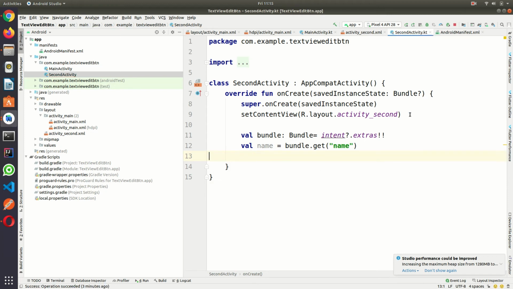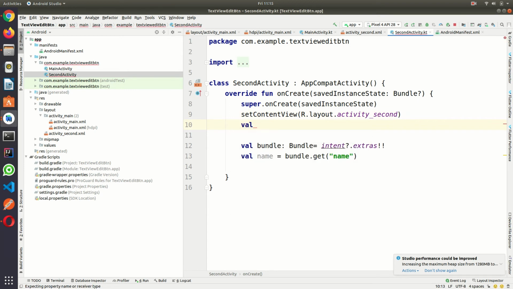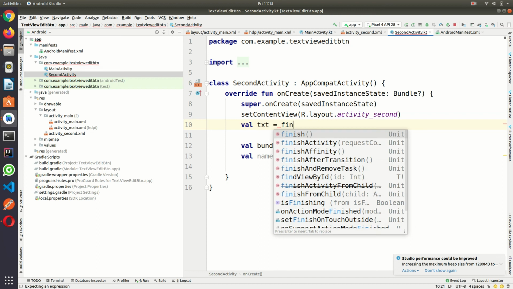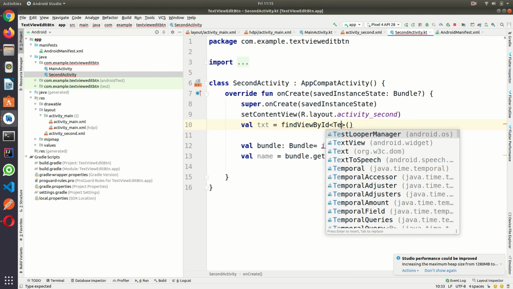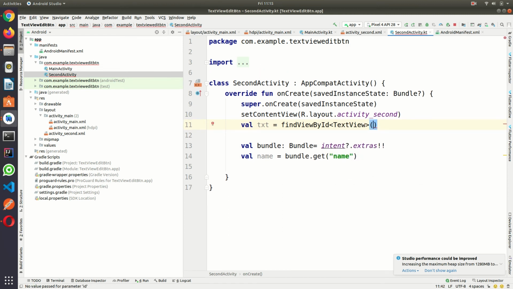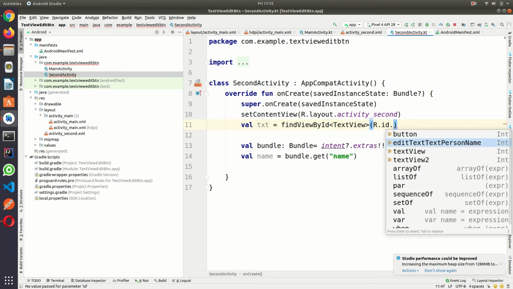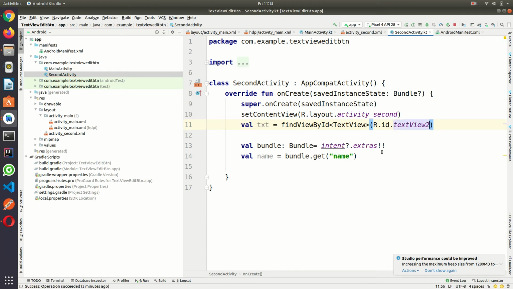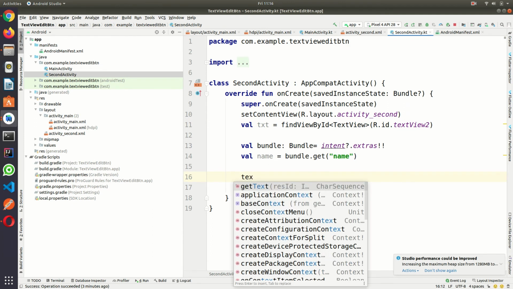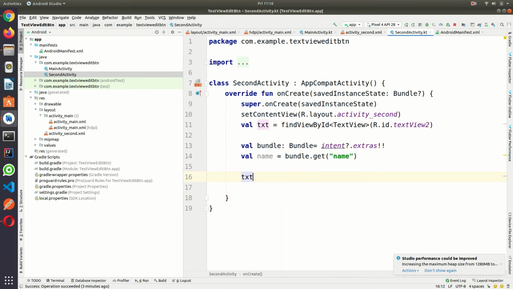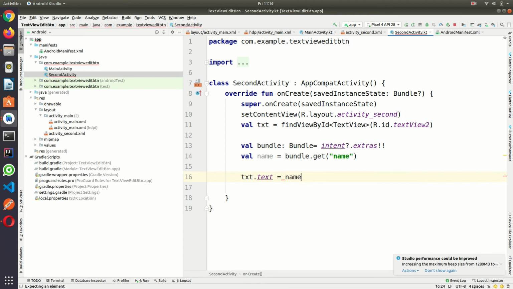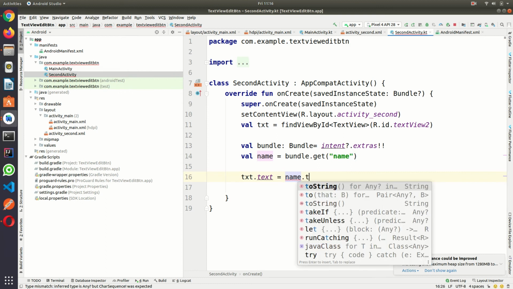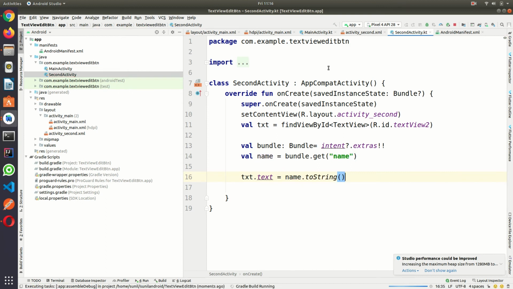Let me create the text view through findViewById, R dot id dot textView2. Now I am setting this name here, text dot text is equal to name dot toString. Okay, now let me run it.